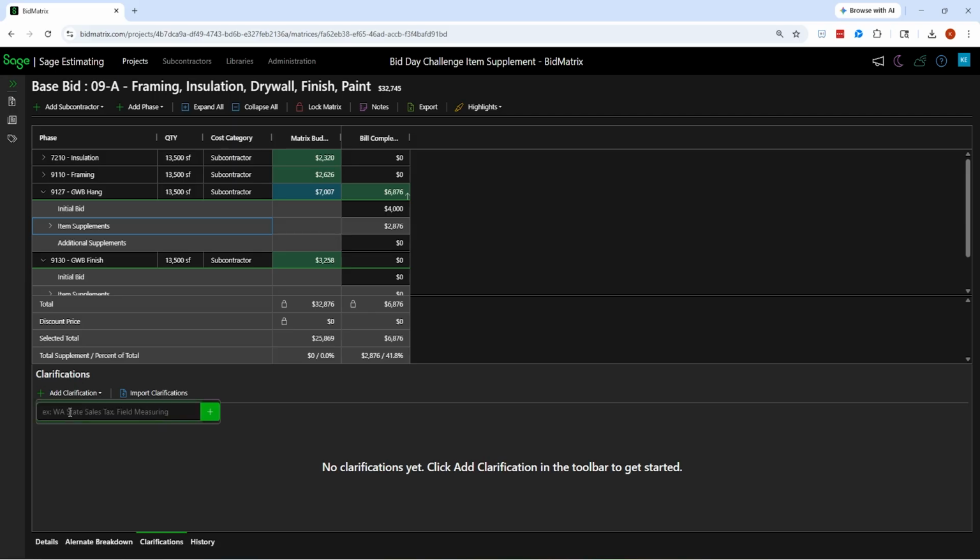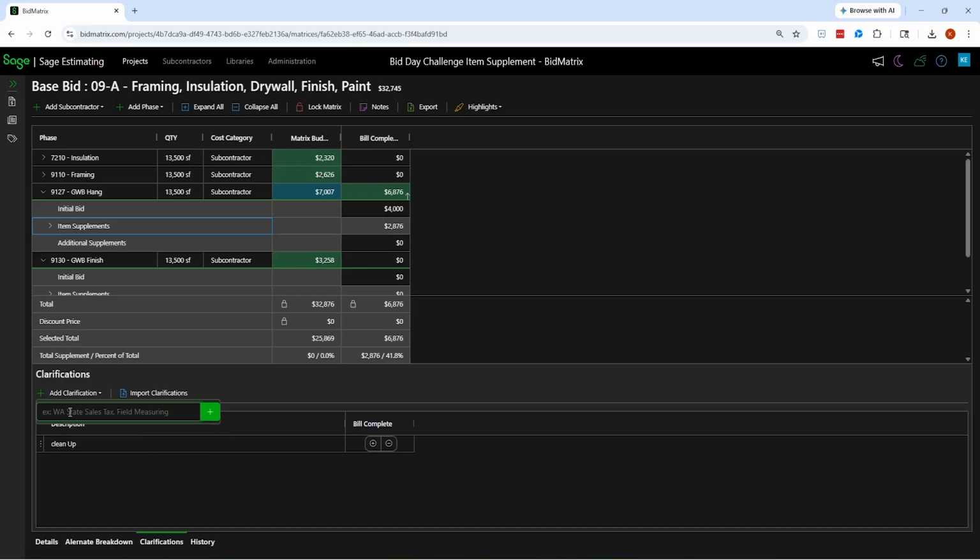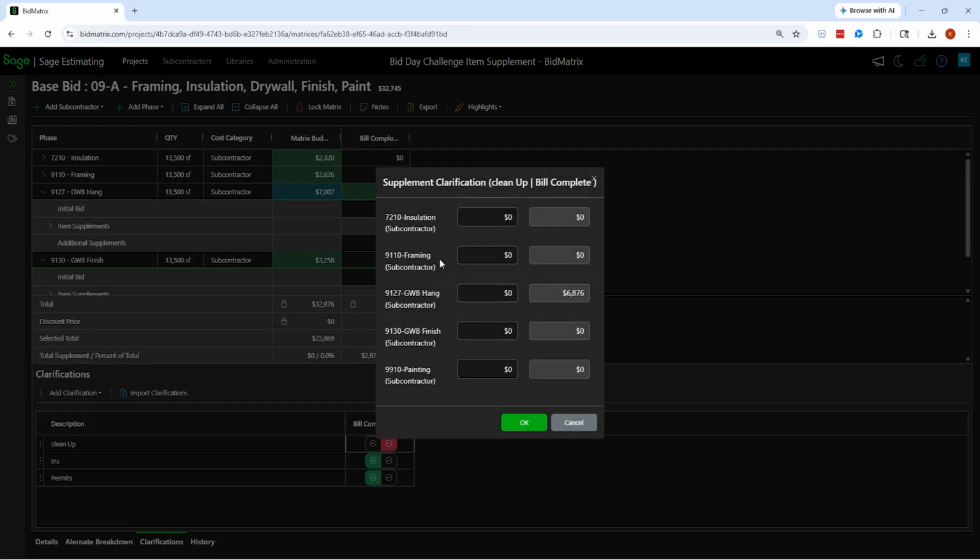So I'm going to say, did they include cleanup? Did they include insurance? Did they include, maybe for some reason some of them need a permit? Whatever the case may be. For this particular bidder, I could come down through there and say, yep, maybe they've included all that scope. Or maybe I could say, well, no, looking at that, I didn't see where they included cleanup. So maybe I'm going to put a minus or a red in there that they did not include it.